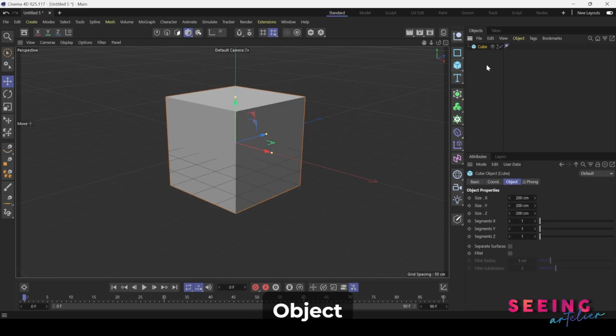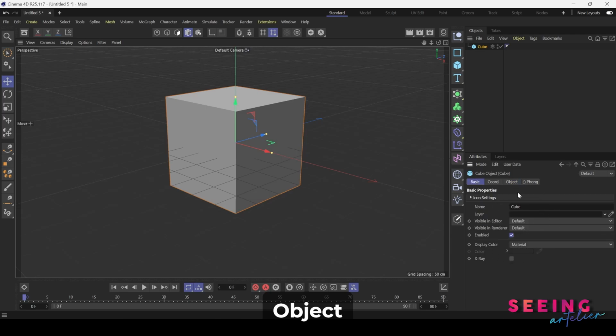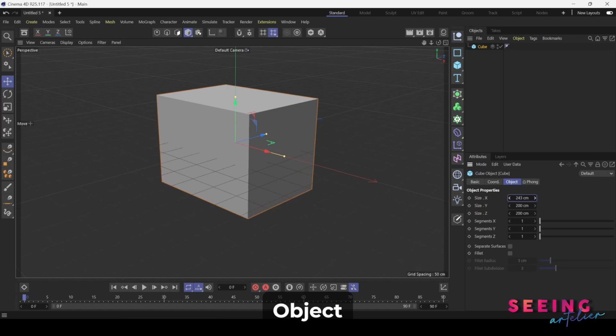Click onto the cube, and you will see this cube layer over here. At the bottom here, it will reveal, by default, the object tab. Basic is the basic information. Coordinate: if you want to animate, you can animate under the coordinate panel. Now we take a look at the object. So there are these object properties. You will be able to scale the size